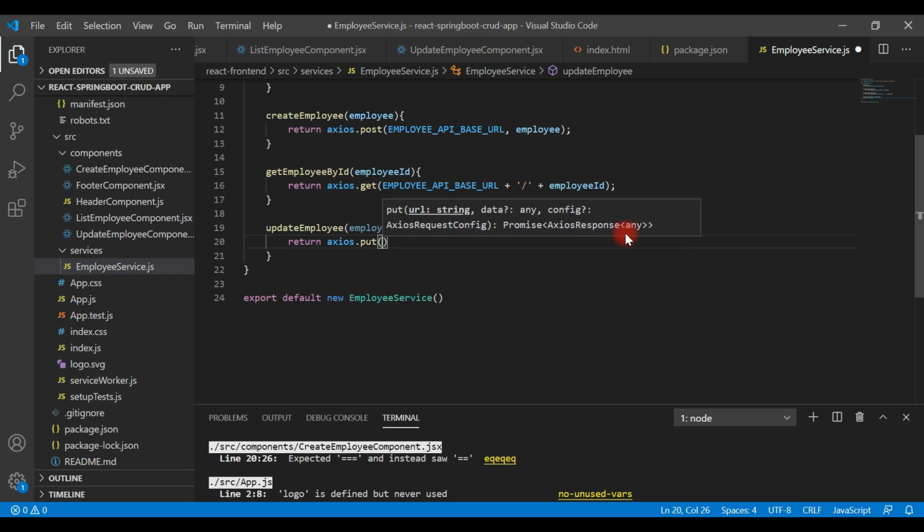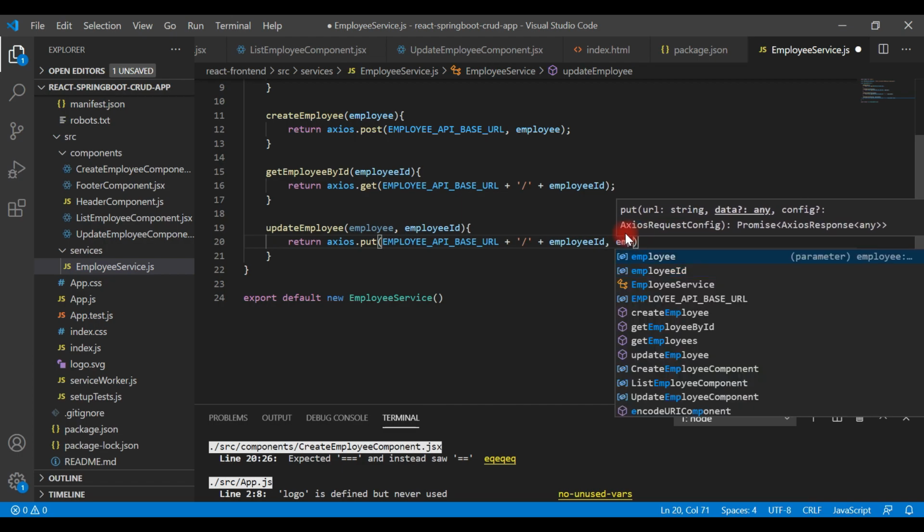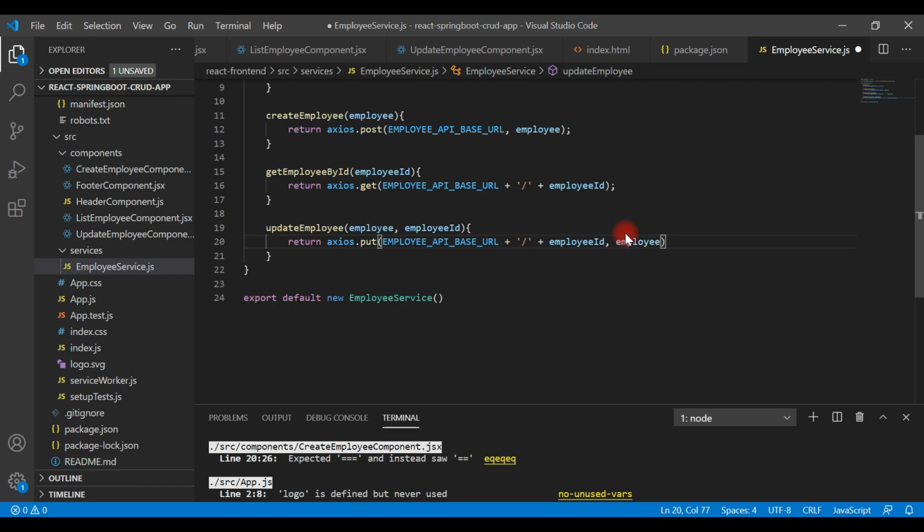For that we use the put method here, and then the base URL followed by slash and then the concatenation operator and then employee ID, comma, employee object. So look at the order here. First we pass the base URL as the first argument, and the second argument is the employee object to the put method.